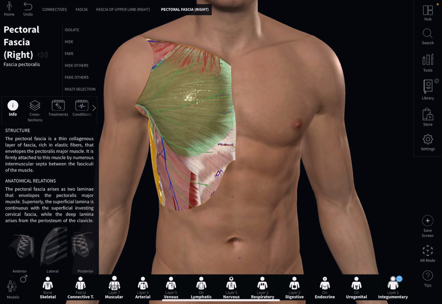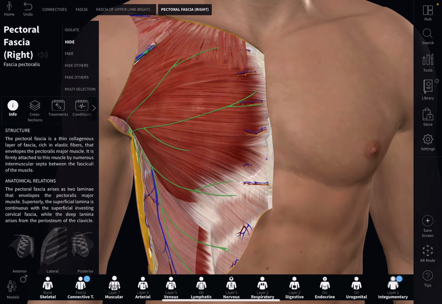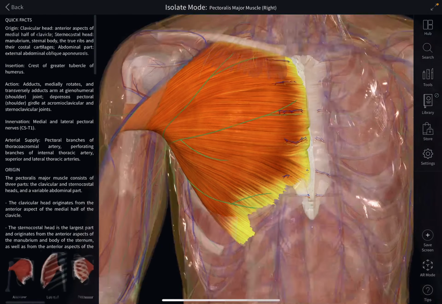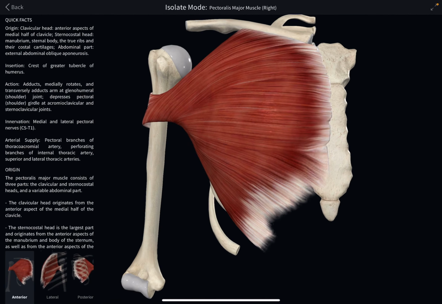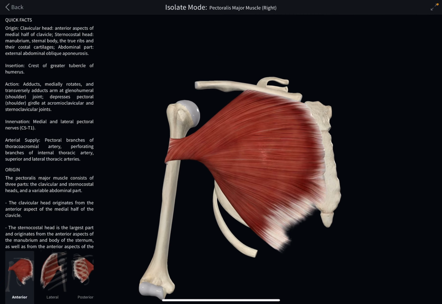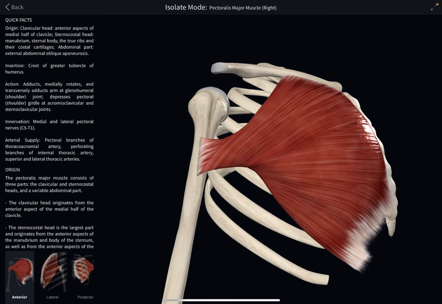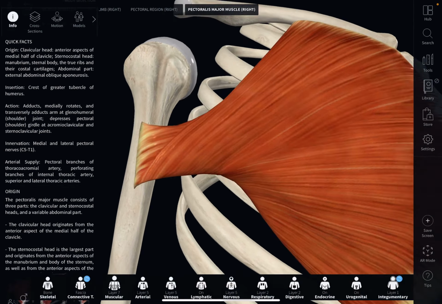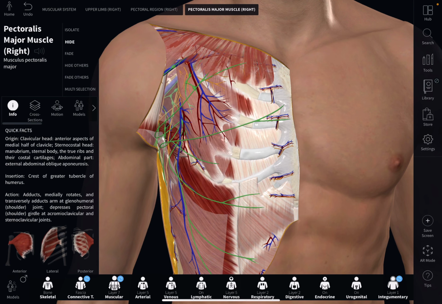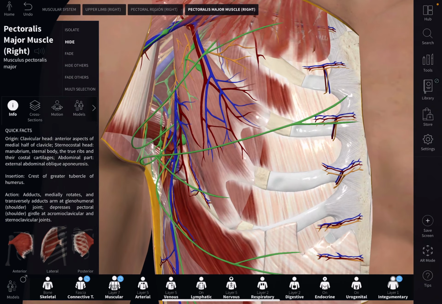We just discussed the deep fascia of the pectoral region. Now, if I remove the deep fascia, we can see the muscle. So this is the pectoralis major muscle. This right here is the pectoralis major muscle with its origin and insertion. You can see the origin is broad and the insertion into the humerus is narrow. Now if I cut and divide the pectoralis major muscle, what will I see deep to it? Deep to the pectoralis major muscle, I will see the pectoralis minor muscle